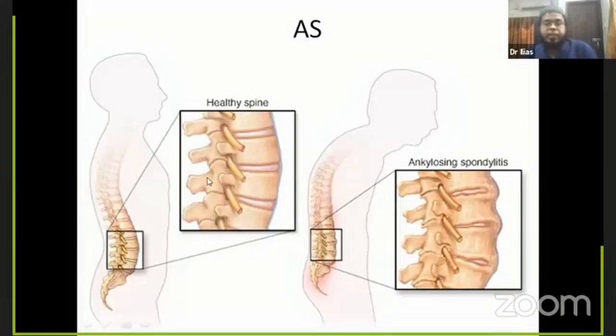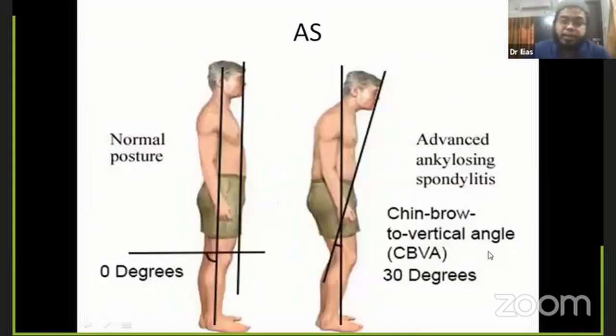You see, the patient has the normal architecture of the spine. And here the patient has ankylosing spondylitis. You see, two vertebrae are having fusion with the formation of syndesmophytes, and that will produce the bambooing of the spine. And this is found in case of ankylosing spondylitis. You see, the patient is maintaining a stoop posture due to ankylosing spondylitis, and there is some angulation. If you compare a normal person and a stooped person with ankylosing spondylitis, there is a chin-brow to vertical angle, which is 30 degrees,